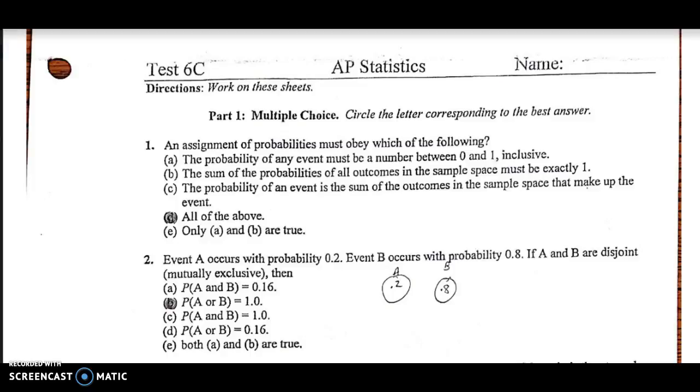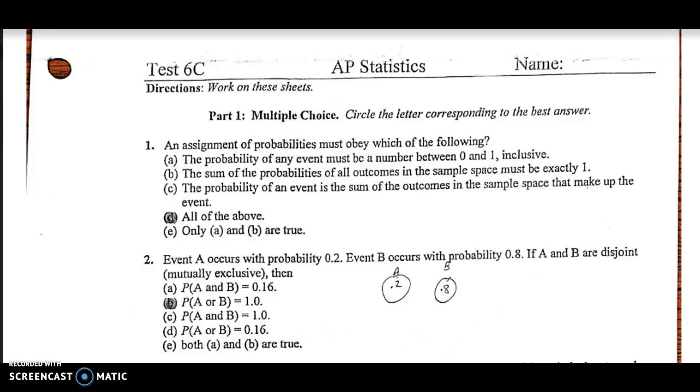Looking at the test 6C practice test answer key. First question says, an assignment of probabilities must obey which of the following? So we know about probabilities that